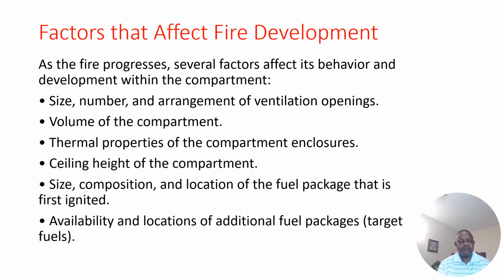When it comes to growth and flashover, we may need advanced firefighting systems that we are going to talk about: fire suppression systems, fire engines, and other systems that are required to extinguish fires in this stage. Now, there are some factors, quickly, that affect the fire development. As the fire progresses,